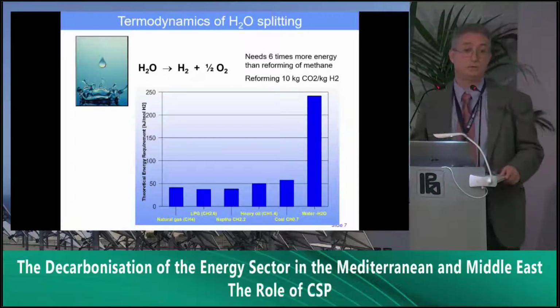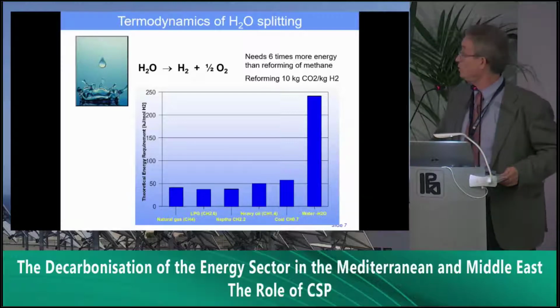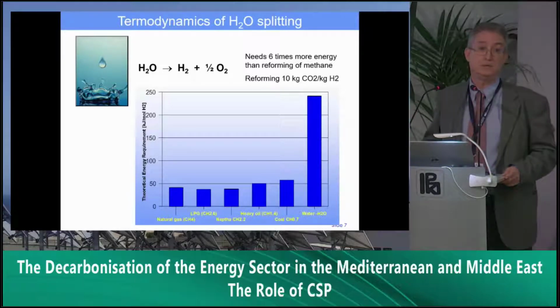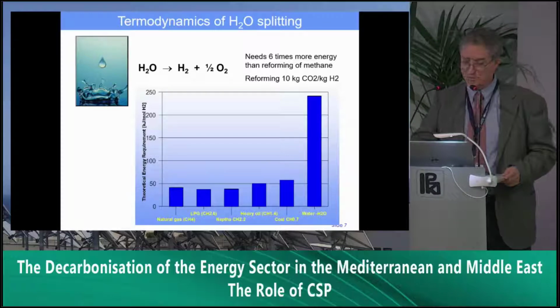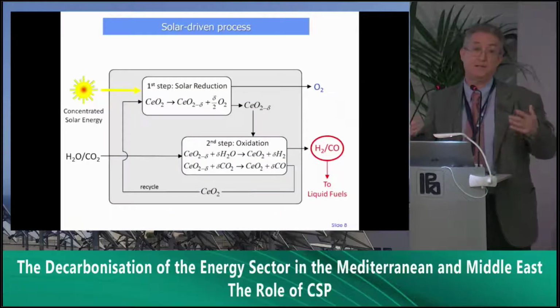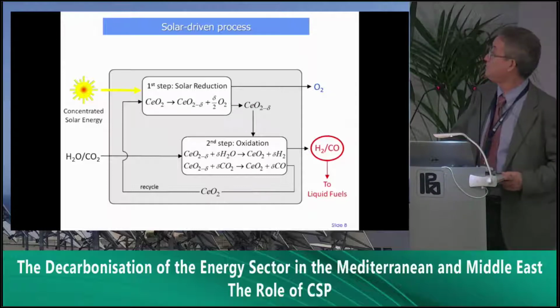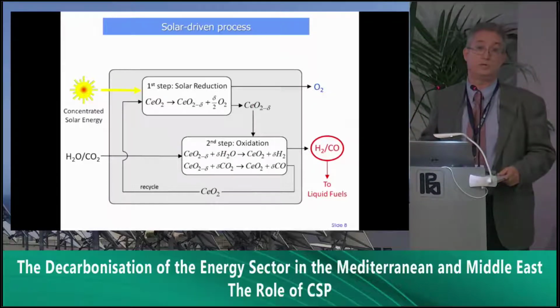So that's the reason we need a very, very cheap, clean solution, but at the same time working at very high temperatures. Splitting water is not an easy job because we need very, very high temperatures, almost 3,000 degrees. So that's why, in most of the CSP projects or in the concentrating solar community, we try to avoid this situation by using this kind of solution where we introduce